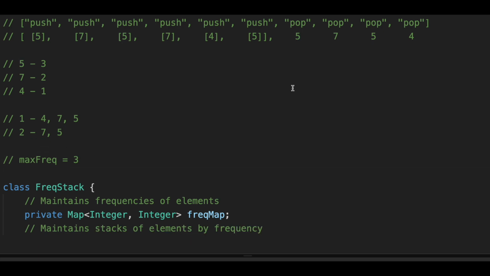We are returning 5, so we don't have any element with the maximum frequency of 3, which means that we are reducing our maximum frequency to 2. So the next element when we are popping, we are taking 7, because 7 is the last element that we have added, so we are taking from our frequency map, and now we have 5 in our frequency map, right? So the next time we call pop,